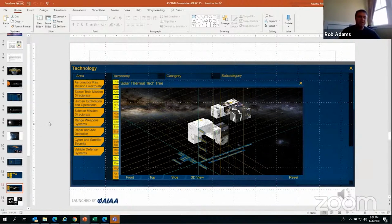This 3D plot shows the technology readiness levels versus the complexity of the system, whether it's a component like a valve all the way up to a complete system like a propulsion system or a thermal system. The third axis is category. There are different types of solar thermal systems, and here we're showing an indirect drive, a direct drive, and an advanced indirect drive. Each of these blocks can influence the others, and you would find your path through all of these blocks to get to a